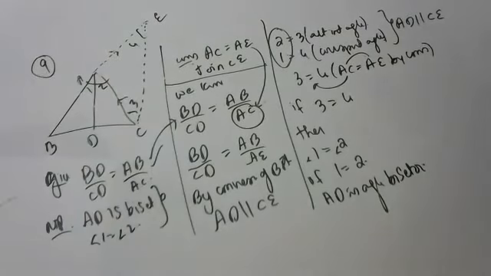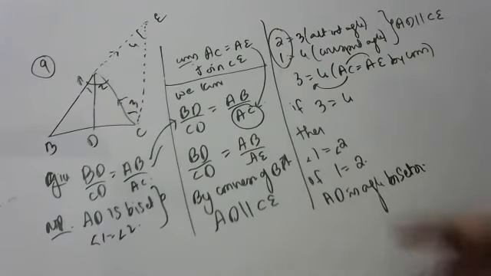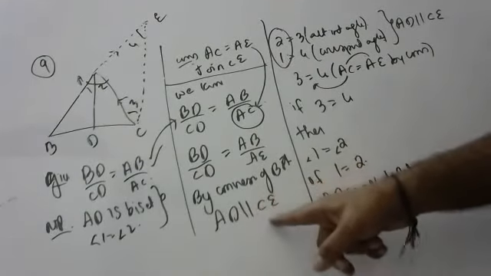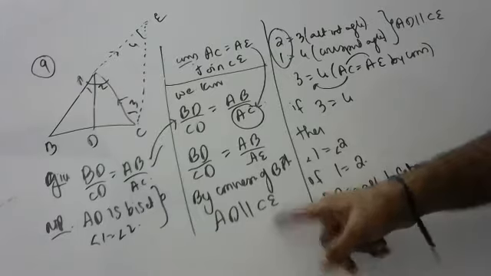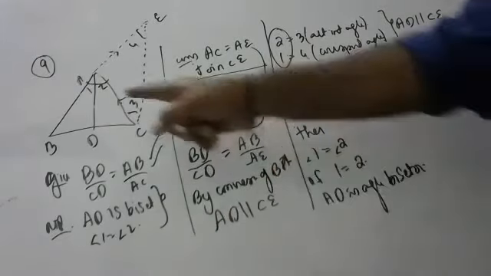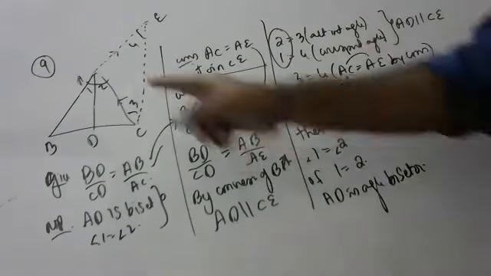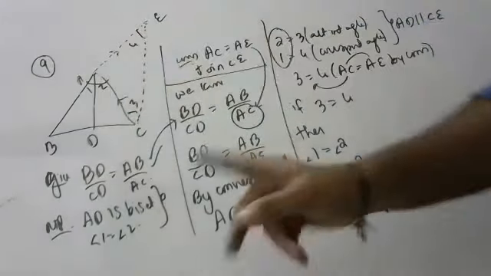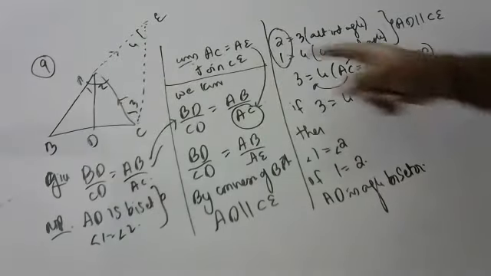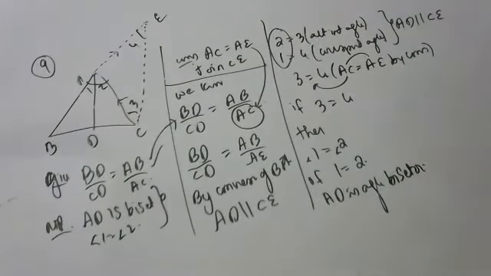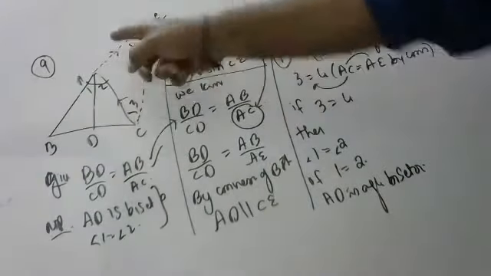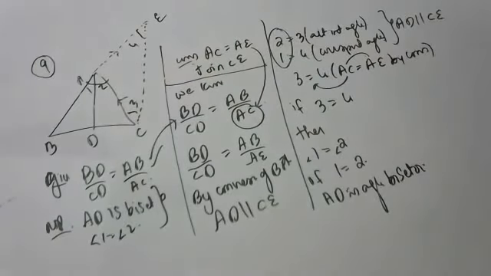So in construction, you didn't write AD is parallel to EC? AD is parallel to CE, I proved it. Okay, sir. In construction only I did that, AC is equal to AE. I constructed AC equal to AE, children. Because AC is equal to AE, 3 and 4 are equal. Here the construction is that these two are equal, children. That's all.